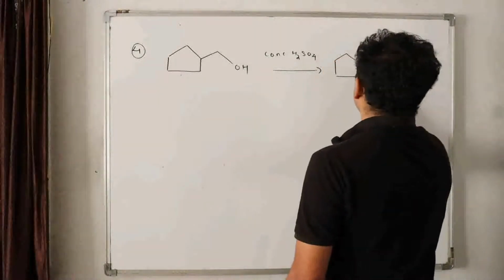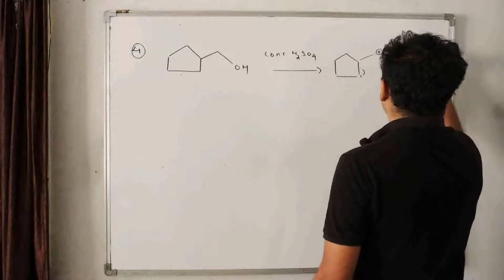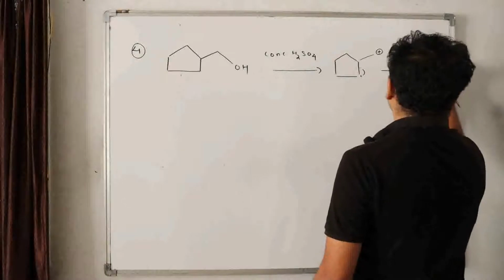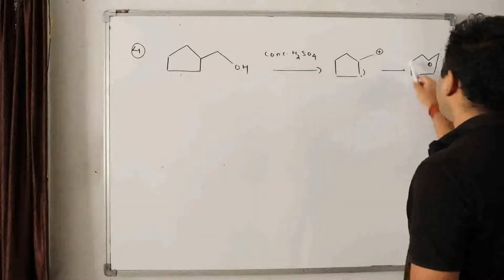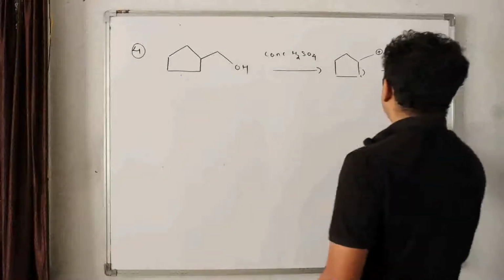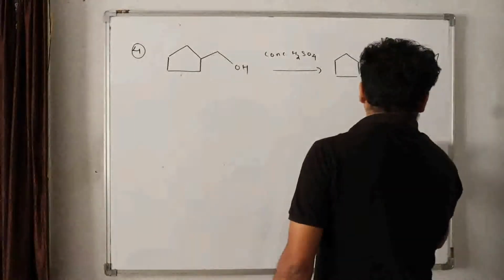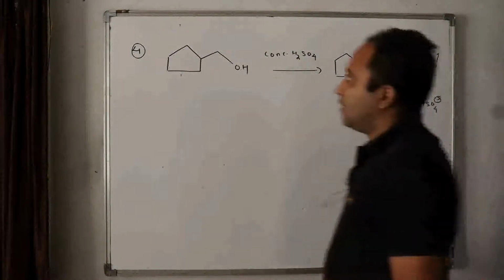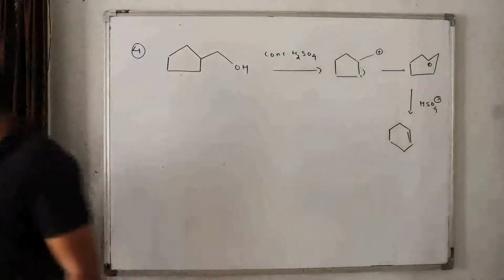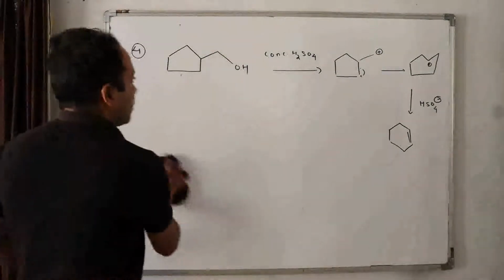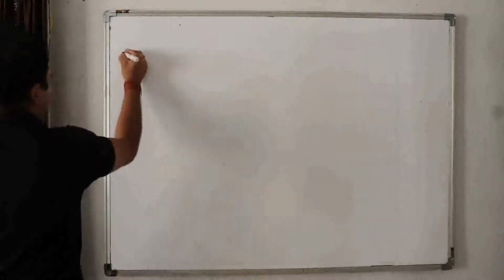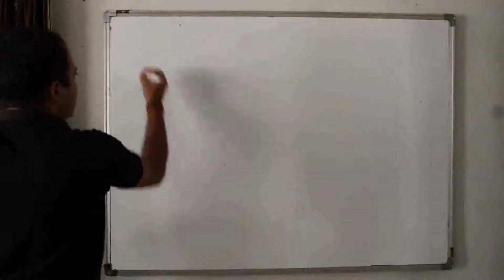What will happen in this case? This will come over here. And this is the case. This is 1, 2, 3, 4, 5, 6, a 6-membered ring. Now the case is very simple. Dehydration occurs with the help of HSO4 minus. So what will happen? Done. Easy. Next question. What was the question number? 5.